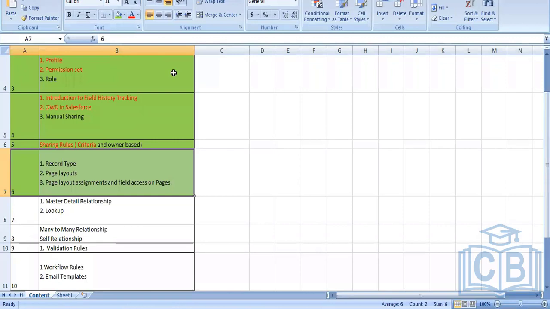So that was all about the day. Just to summarize what all things we have covered. First we started with page layout. Page layout is